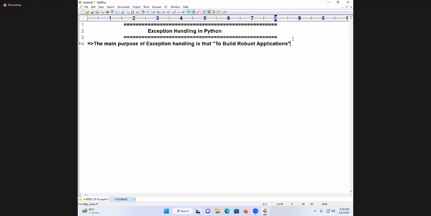What do you mean by robust? I will say strong. What is meant by strong? I'm going to discuss. Every topic will have a purpose. What is the purpose of exception handling? To build robust applications. For that purpose, we go for exception handling. What do you mean by robust? I just want to talk about it.